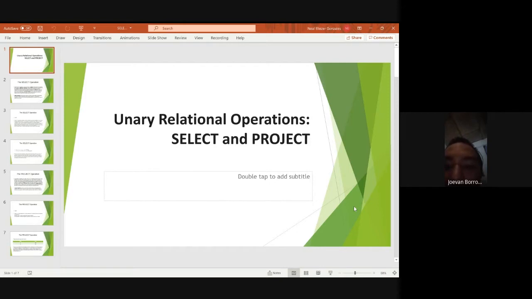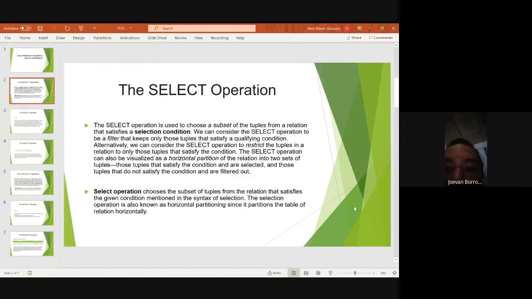Unary relational operations. Select and project. Next. The select operation. The select operation is used to choose a subset of tuples from a relation that satisfies a